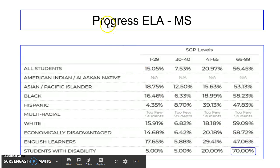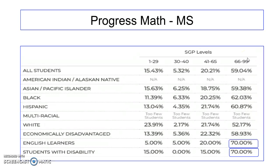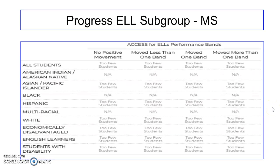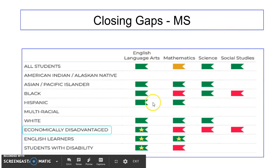All right, second component, progress for ELA. So we're looking at the SGP, student growth percentiles. So 70% of our students with disabilities have gotten above the 66 percentile, which is great. And looking at the math growth percentiles, our English language learners and students with disabilities are showing the most growth. We don't have enough data for ELL subgroups for middle school. Looking at closing the gaps, our English language arts